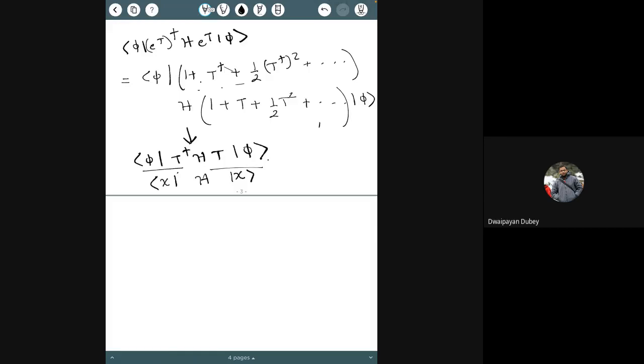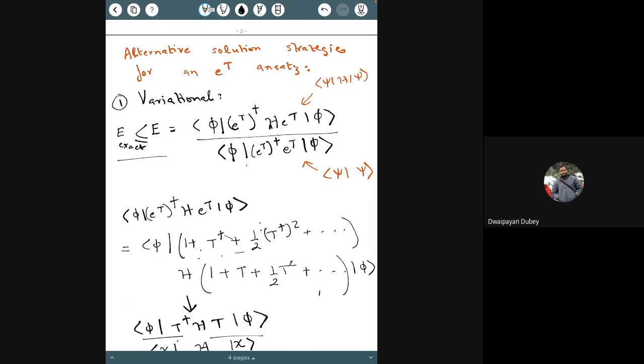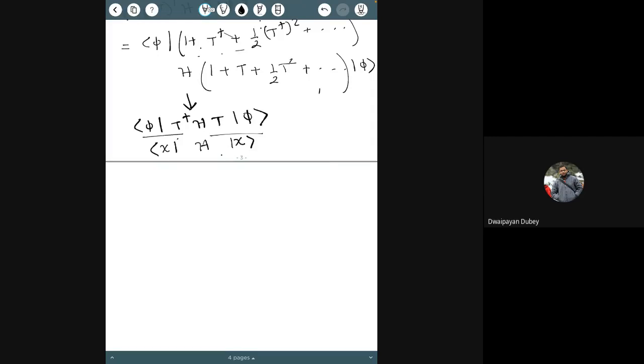Also, the numerator is complicated in the variational approach. The denominator is also actually infinite. So you don't have a finite norm in this case either. Okay. So this is more or less an abandoned approach. Then the next thing,